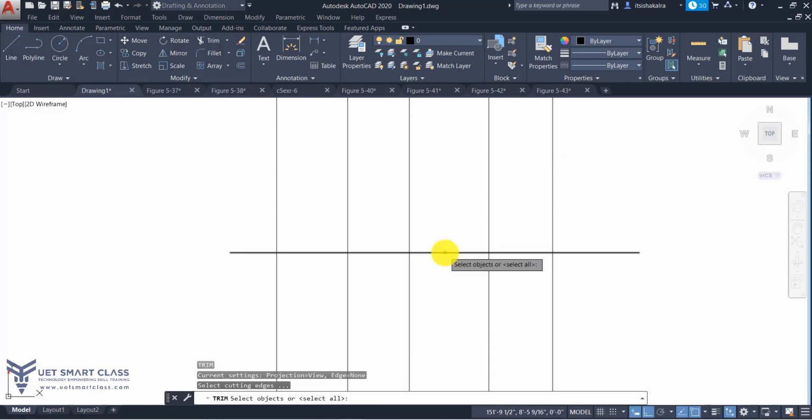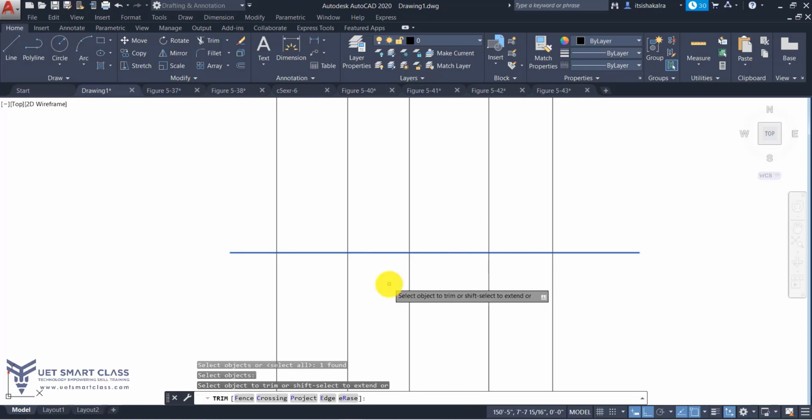When I go into trim command, I have invoked my tool as TR single enter. First it is asking me select cutting edges. So I'll select this line as my cutting edge because I have to trim the objects either up or down. So now my object is selected.